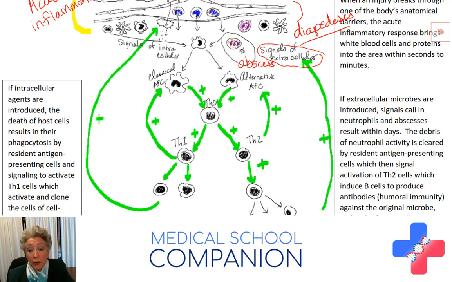In other words, a microbe that's living outside of my cells in the fluids and spaces around the cell membranes. Now, if that is all that's necessary, it's still true that my next step in the progression is going to require cleaning up the debris, because remember, the neutrophils came and ate and exploded, and I've now got all of this debris in the area that I need to clean up. This is going to require a different category of phagocyte, and that category of phagocyte is what we're going to refer to as an